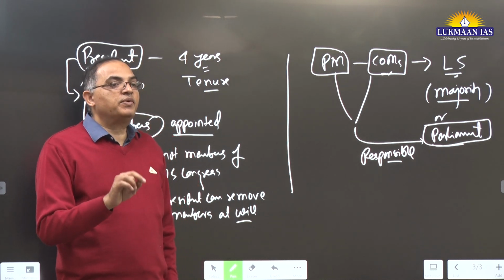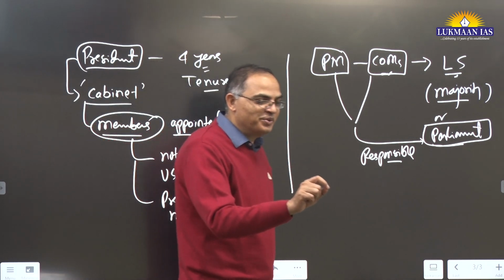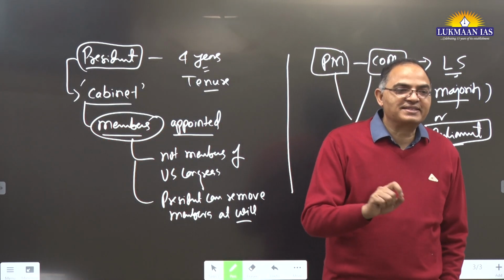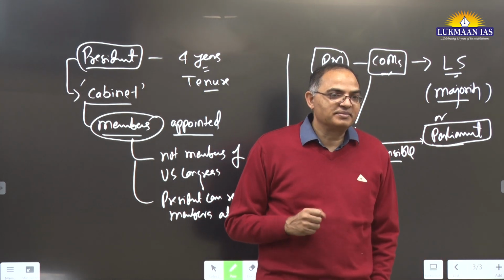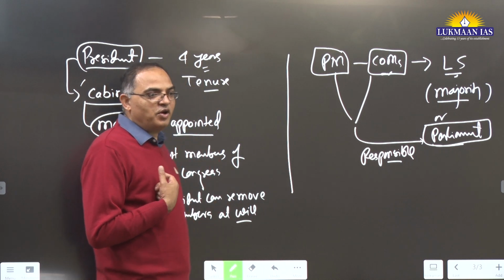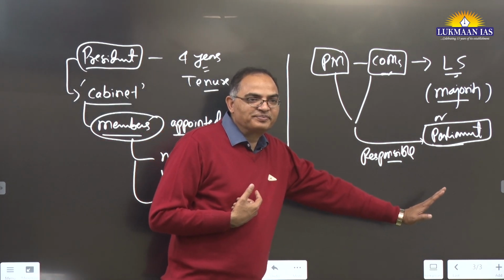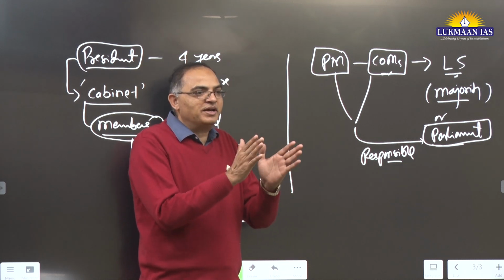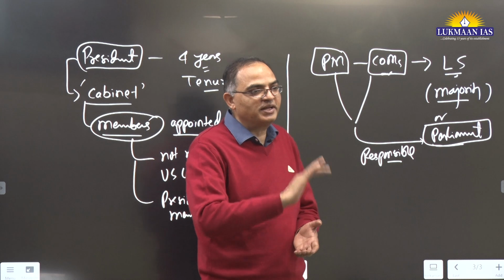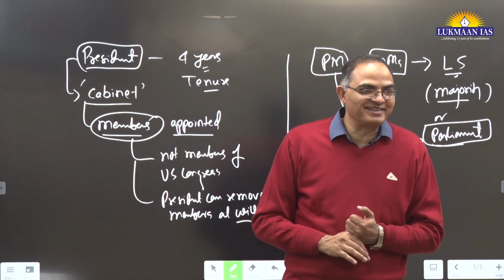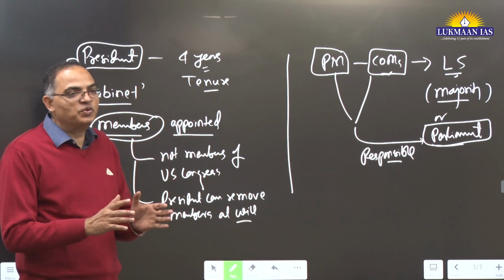He should have such a level of popularity that people will vote for him. Kamala Harris may not be as popular as Donald Trump. Personality becomes more dominant there, and here the party becomes more dominant. If the party is popular, people vote for the party. Many a time people say, I am not voting for the candidate, I am voting for the BJP party. Right. This is how you'll also find it.